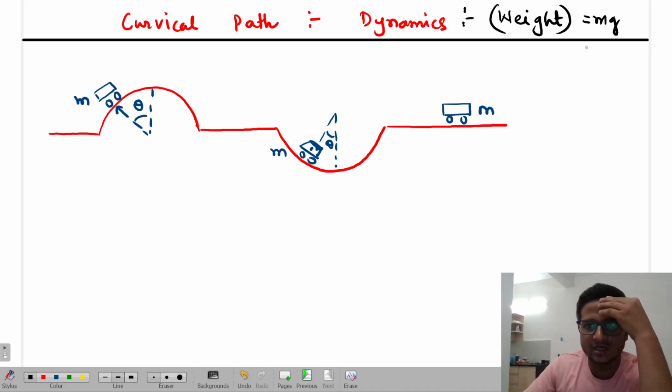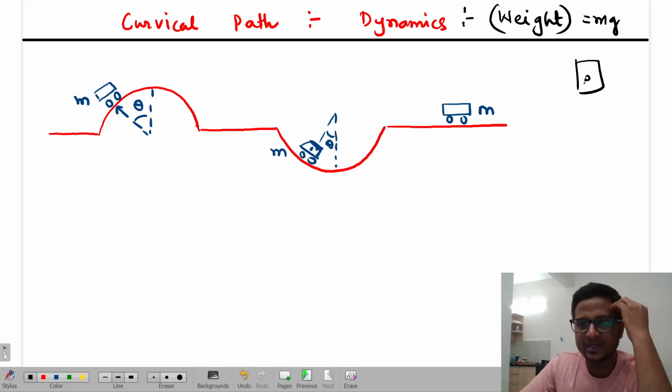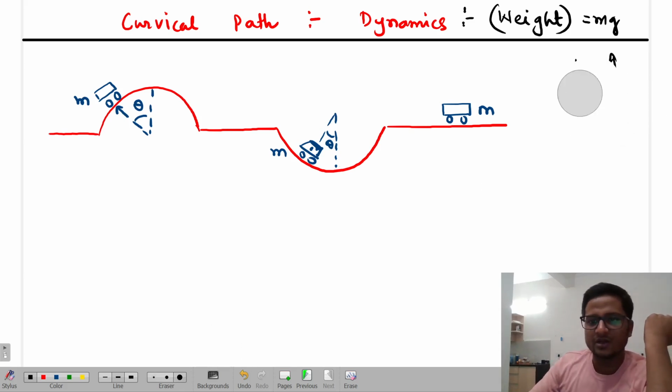But then why do you, if you go in lift, और लिफ्ट में अगर मैं ऐसे खड़ा हो जाऊँ, और नीचे वेइंग मशीन लगा दिया, तो जब लिफ्ट ऊपर जाएगी तो मालूम चलेगा कि तुम्हारा वेट बढ़ गया, लिफ्ट जब नीचे जाएगी तो मालूम चलेगा वेट घट गया। तो इसका मतलब वेट तो वेरिएबल क्वांटिटी हो गई ना भाई।